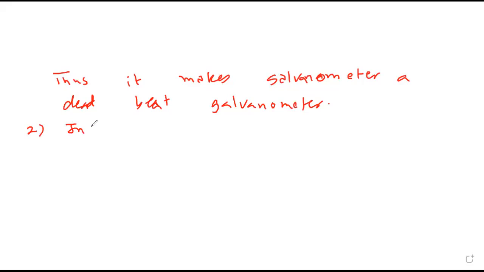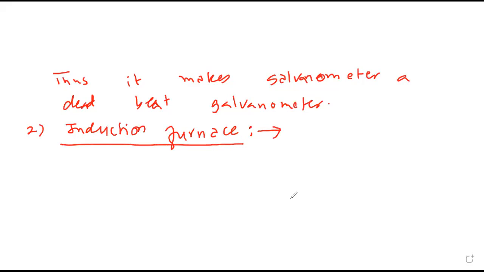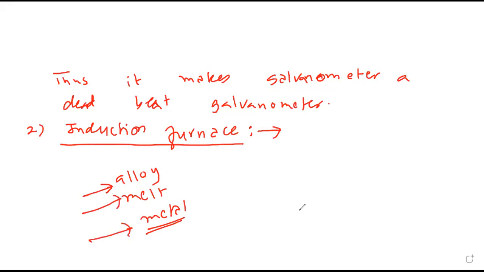Second one, induction furnace. To make alloy, we have to melt the metal. Correct? To make alloy, two metals must be melted and then mixed together. Yes, sir. So to melt, we require heat. So induction furnace,